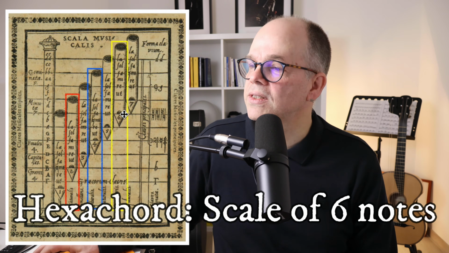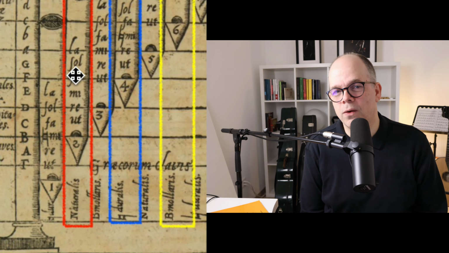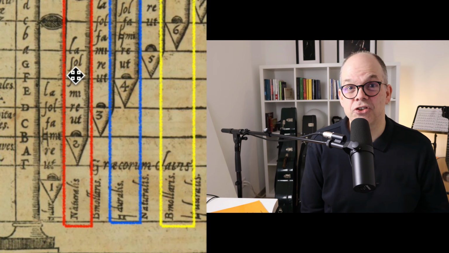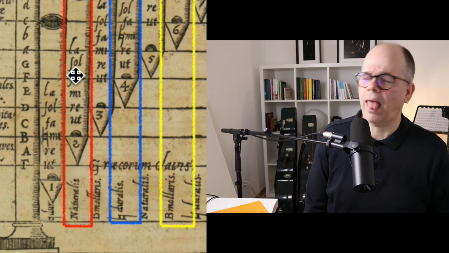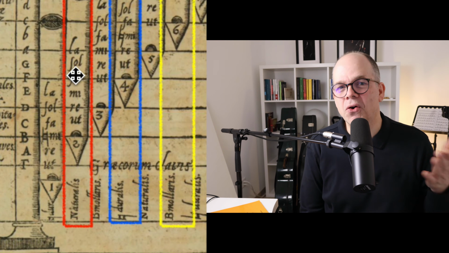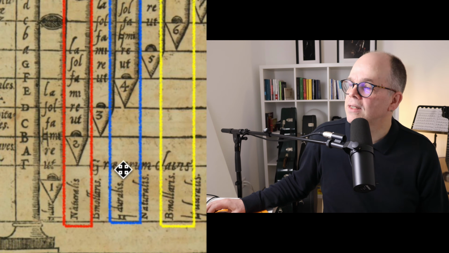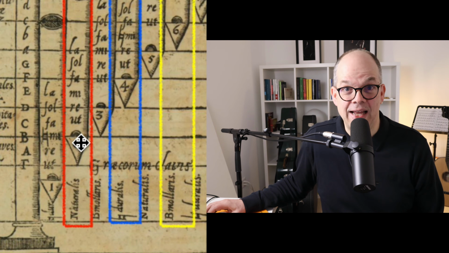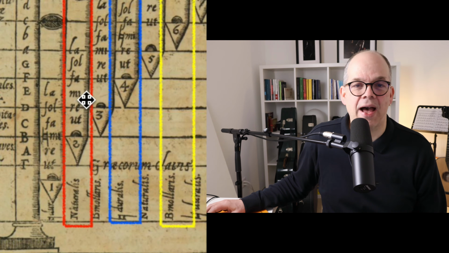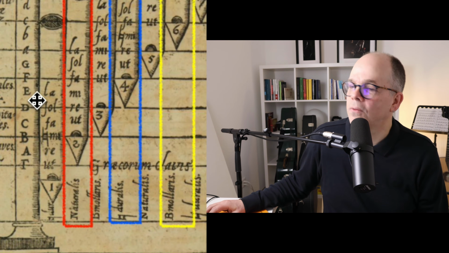These are the hexachords, and if we look closely, we actually find three different hexachords. One was the naturalis, which was do, re, mi, fa, sol, la, with the notes C, D, E, F, G. Actually, it was ut, re, mi, fa, sol, la. Do went in later because do is easier to sing than ut. Very easy, the thing. So here we have the hexachord naturalis, which starts on C. The notes are C, D, E, F, G, A. And we have the mi, fa, which indicates the halftone, mi, fa, where E and F are.